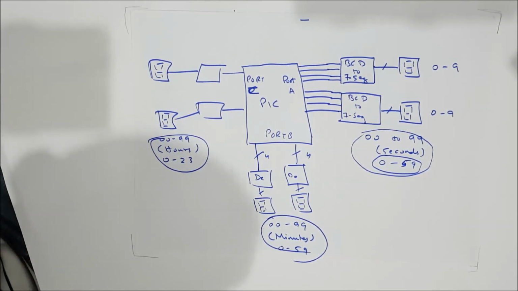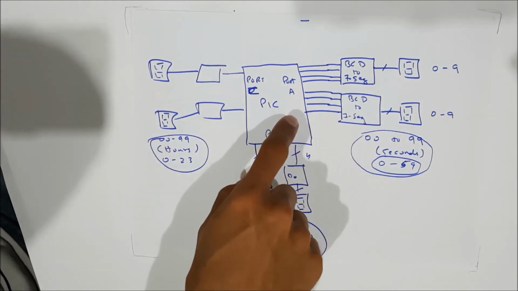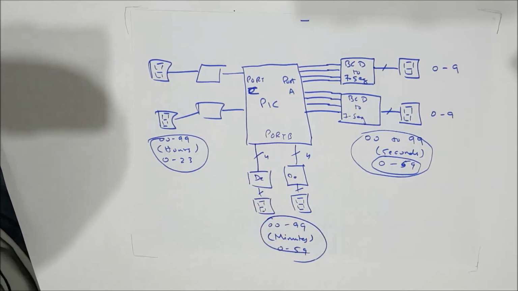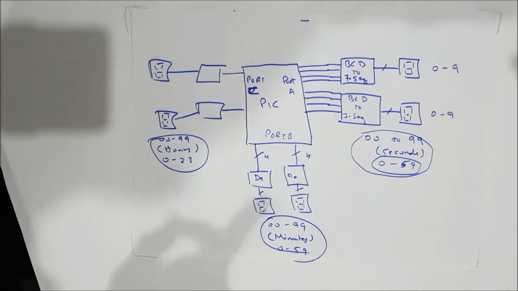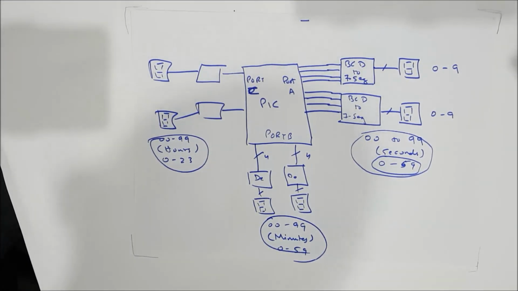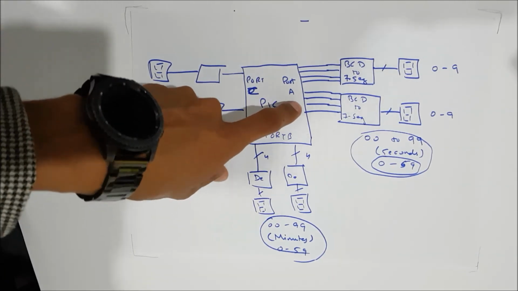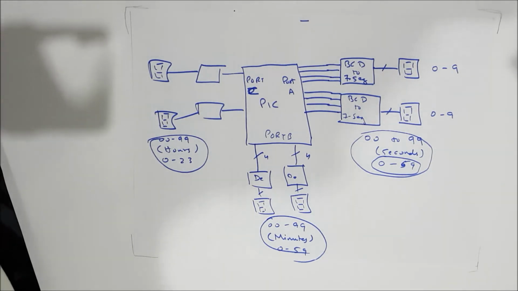So let's start making a program for this loop, and we will be sending 00 to 59 on port B, port A for the seconds loop. But first I will confirm whether port A is 8-bit or not, and then we will choose a port that is 8-bit long. I think port A is only 7-bit long, so I think we should use port B for this seconds loop. So let's start.